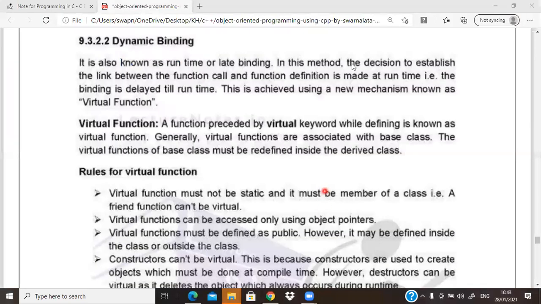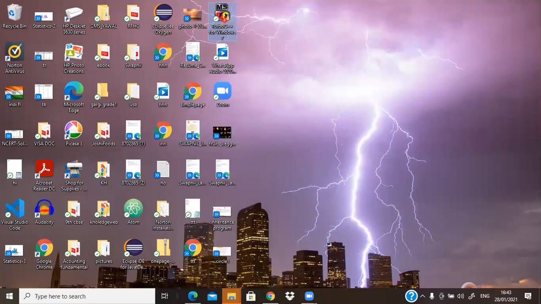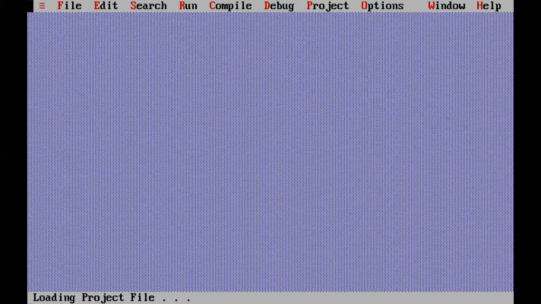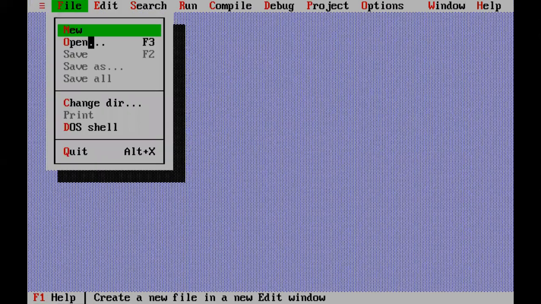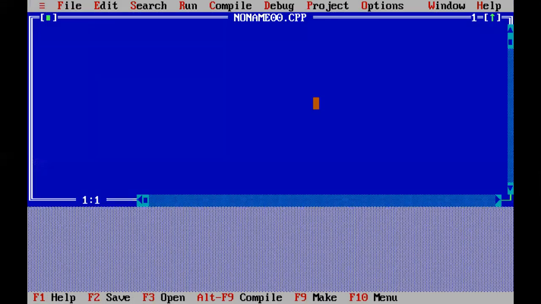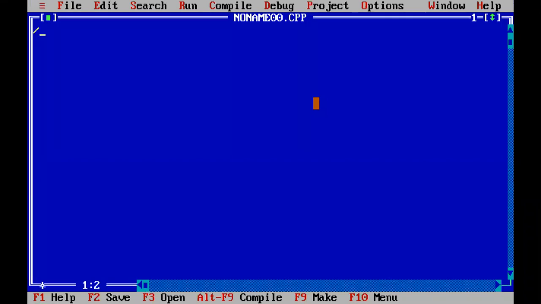So now we will see one example. In that, I'm creating a new file. This is the program of dynamic binding with a virtual function. Fine.